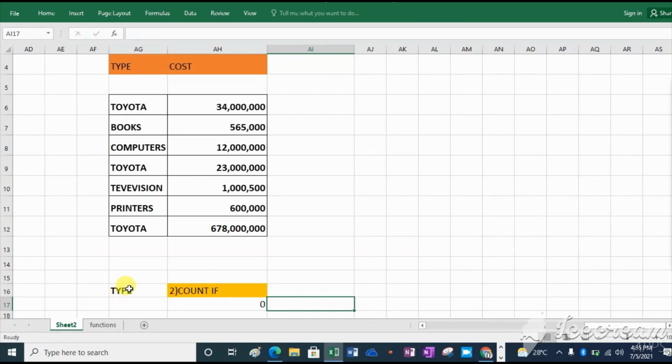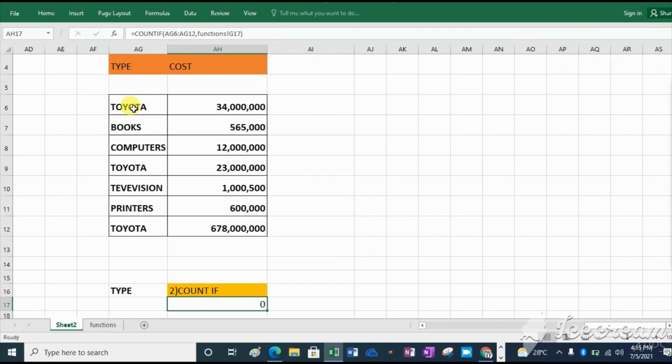For example, let us put types here. Here we put count if as our function, our formula. Then we start by counting how many Toyotas are here. We have 1, 2, 3. Here you are able to count one by one.